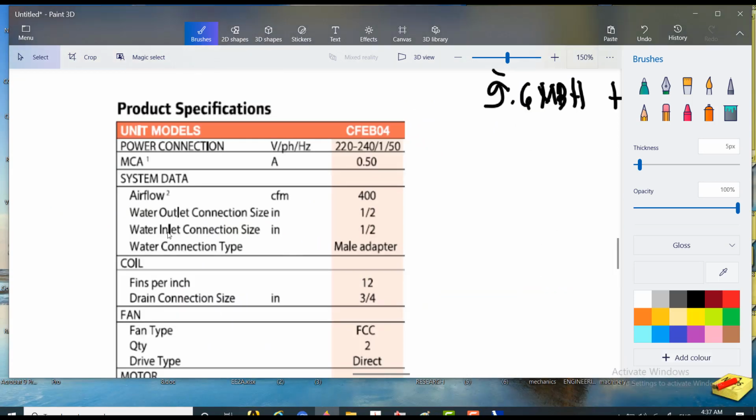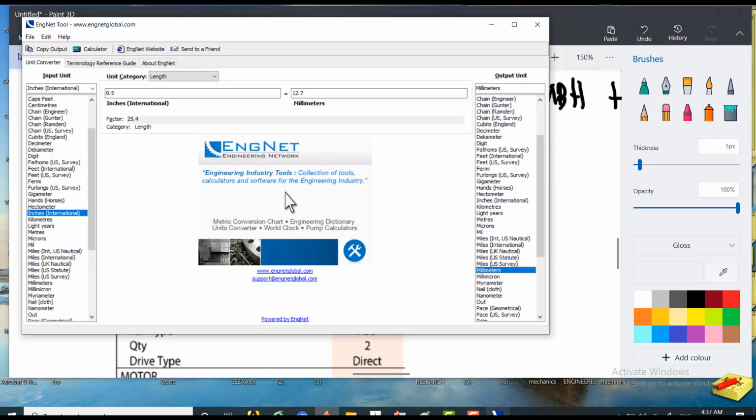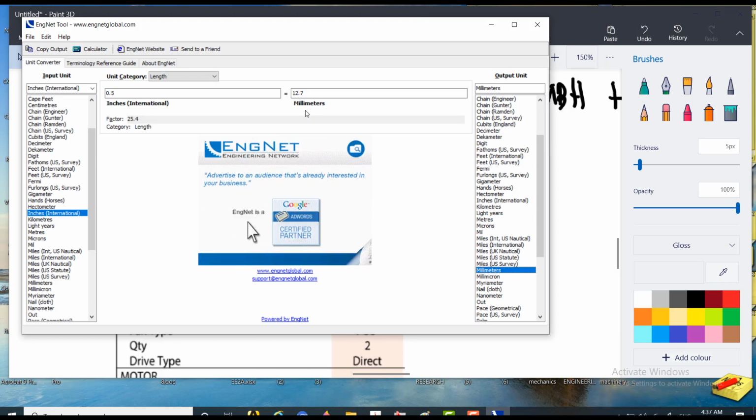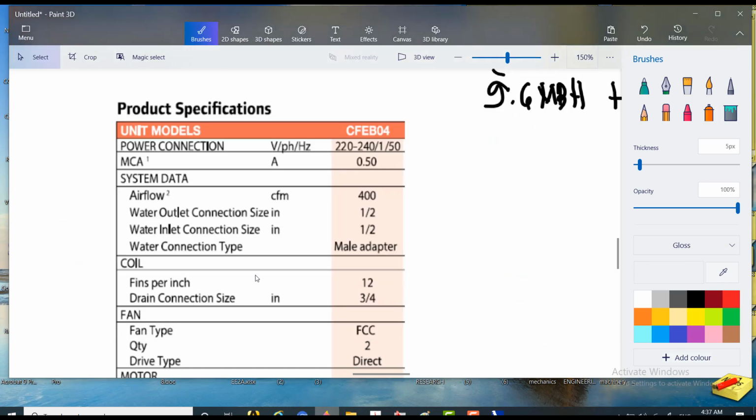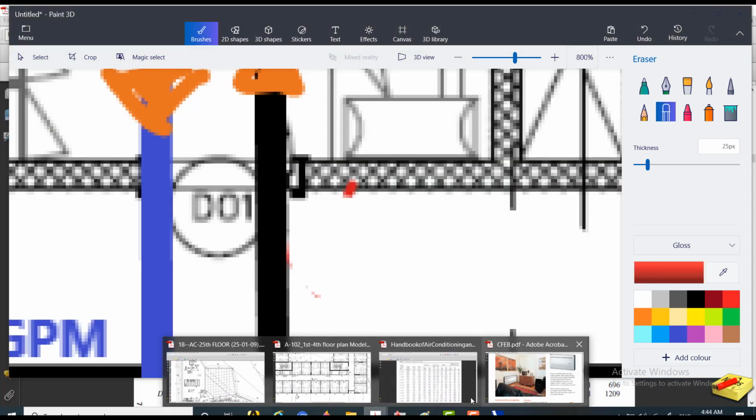So you can see we have your water inlet connection size. The water inlet has a value of 1/2 inch. If you convert that, it is 12.7 millimeters. Okay, so we can put it on the drawing. So I have here